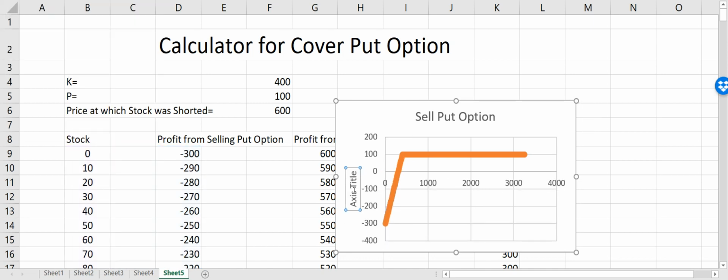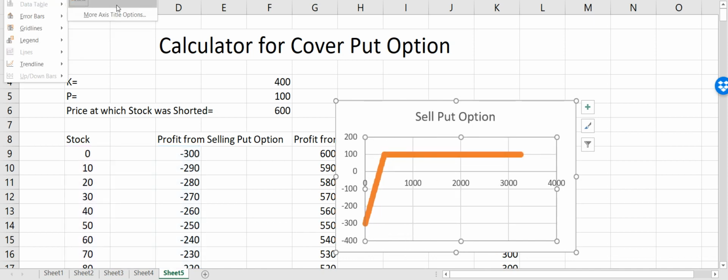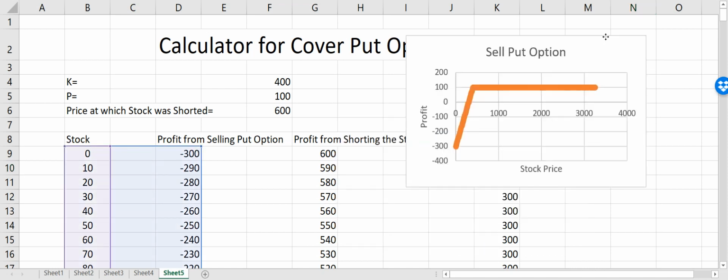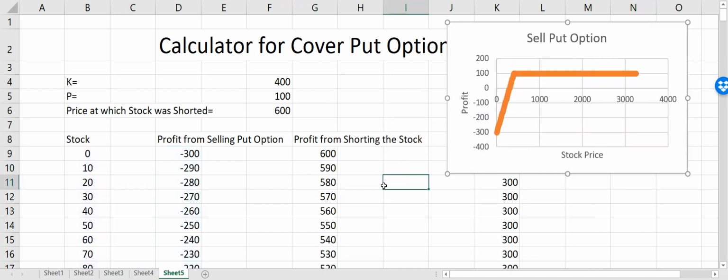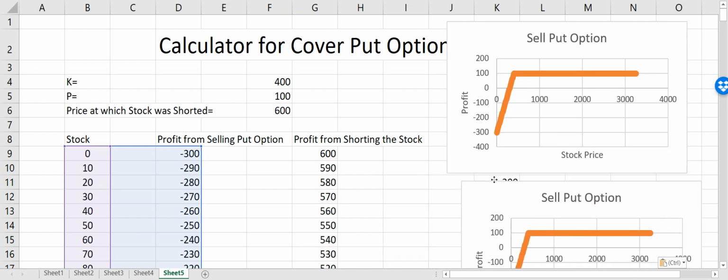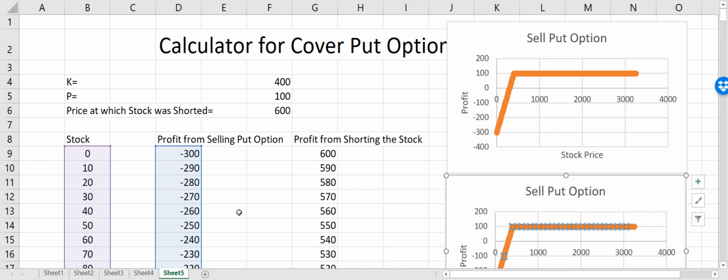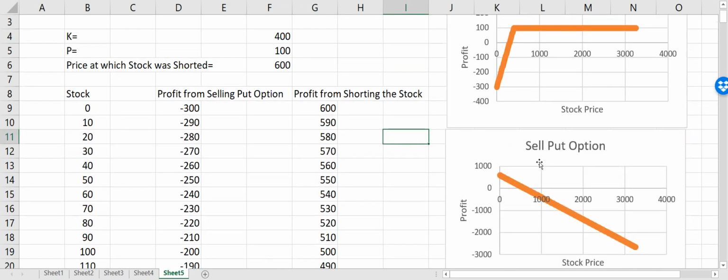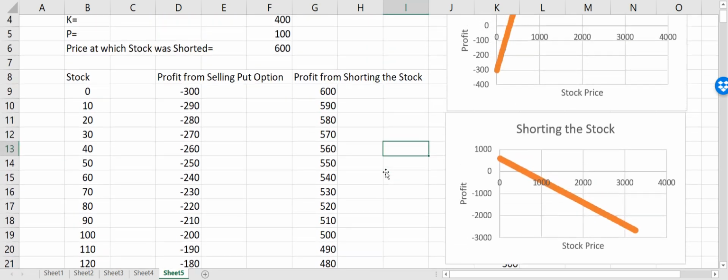So the vertical is profit, and horizontal is the stock price, and this is the profit. And now I'll just copy this and paste it again, and I'll select this plot and change the reference to shorting the stock. So now this is what I get when I short the stock,